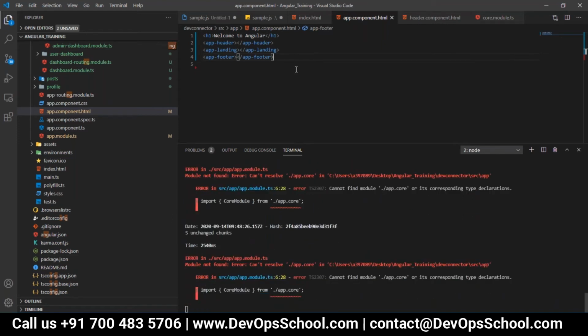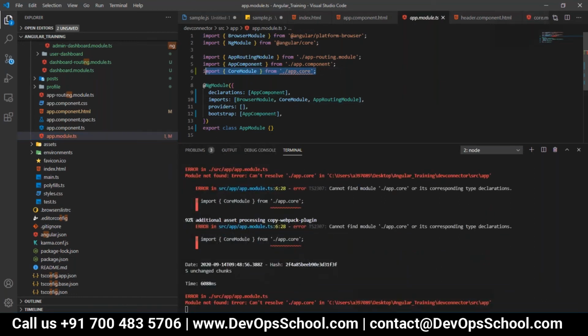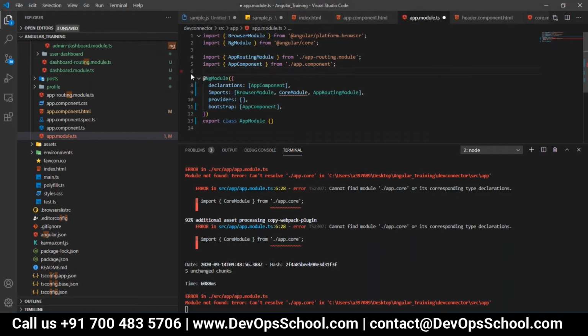Could you please go to the line number 6, app.core? Have you created something? Okay, just a second. Do one thing. Go to the app.module.ts file. Could you please remove the line number 6? Shift delete. Okay. Now you are able to see the error on the core module, correct? Line number 9. Yes. Go to the end part of the core module and use control space.